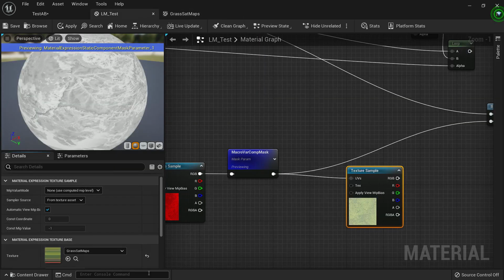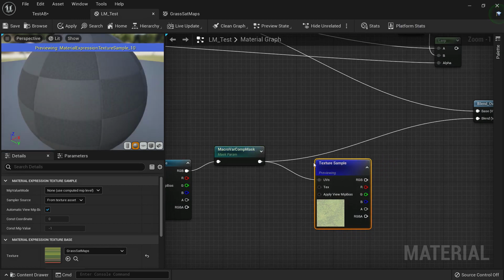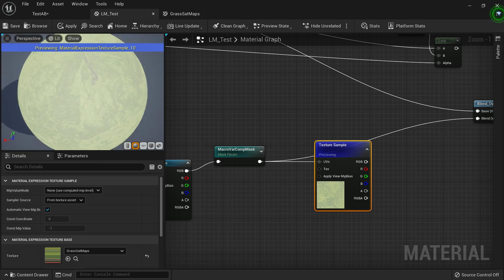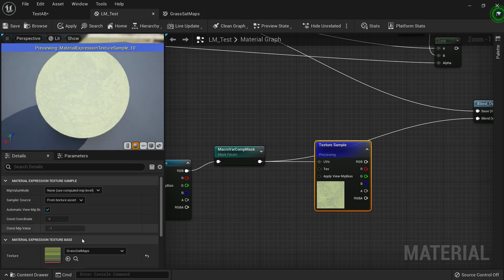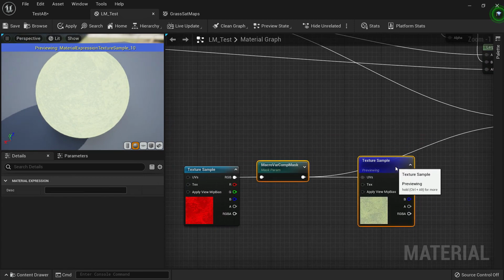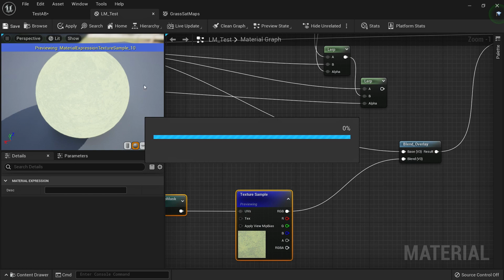Now if we put that texture here and start previewing this node, you can see that this is giving it the colors based on the set map. So now as you can see, those black and white values from before are now colored with the texture that we are using. Now let's use the RGB as the blend and take a look at how our landscape is looking.